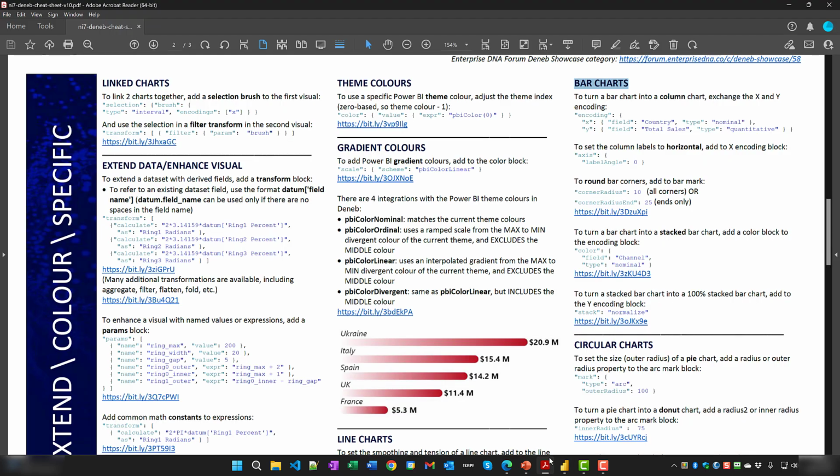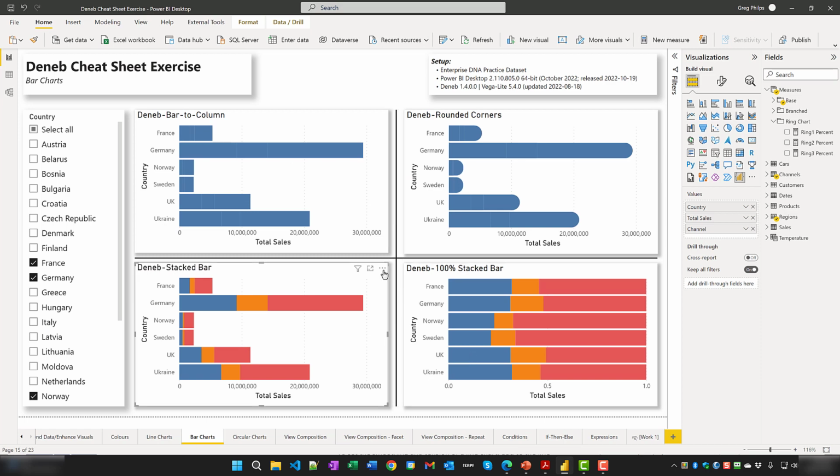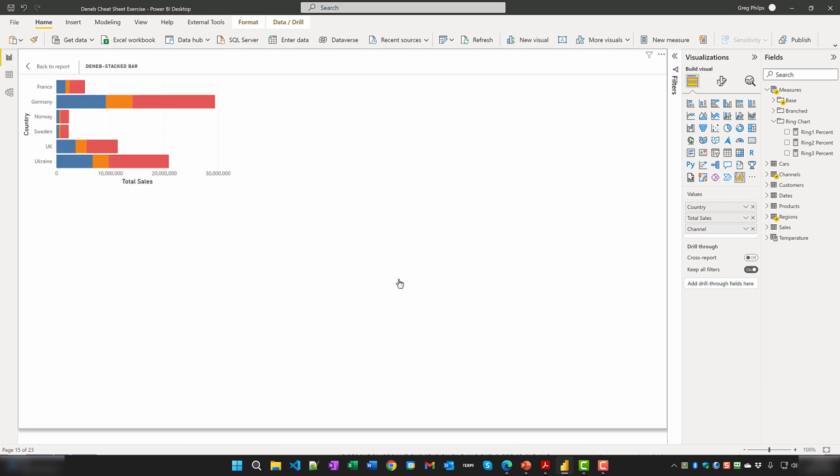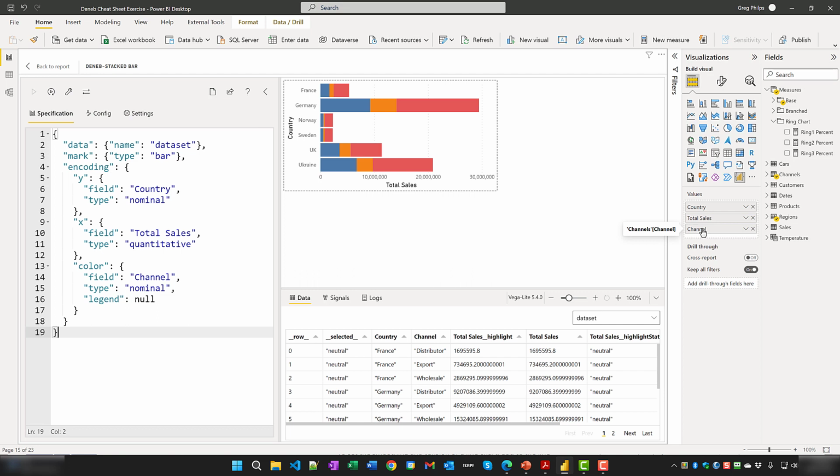To turn a bar chart into a stacked bar chart, simply add a color block to the encoding block. Let's just flip over to Power BI here. I'll have a look here, and you can see that I now have channel in the field well for this visual. And all I've done is use it in a color block. Let's just take this out for the fun of it. And we can see we have no stacks at the moment. And if I add it back in,